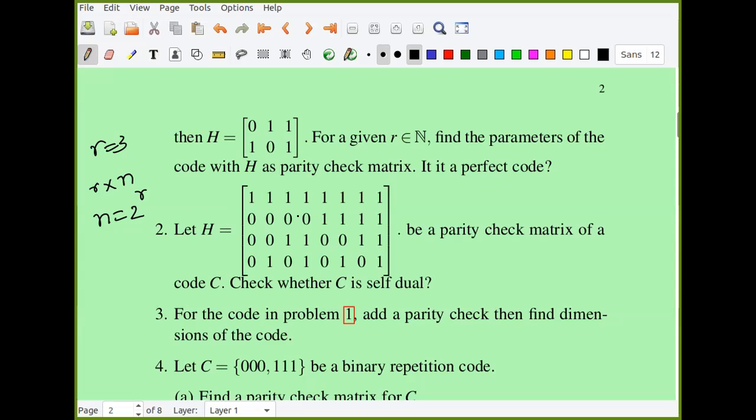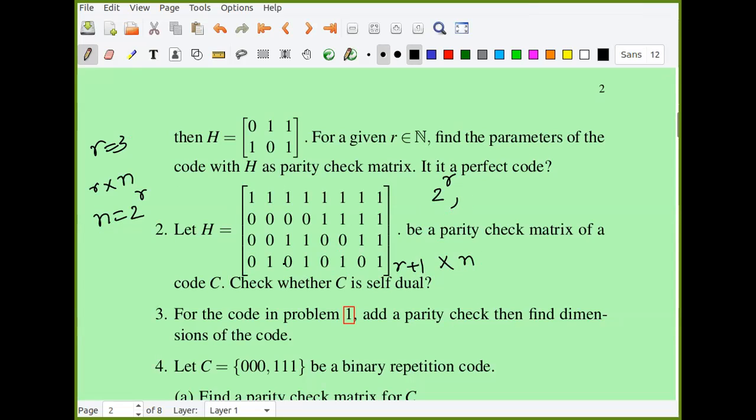And what is the size of this matrix now? This is R plus 1 cross N, right? If R is equal to 3, then it is 4. So the parameters for this matrix are now 2 power R, comma